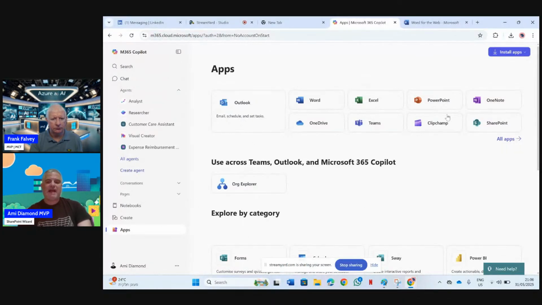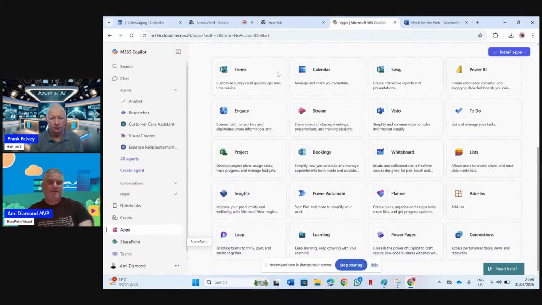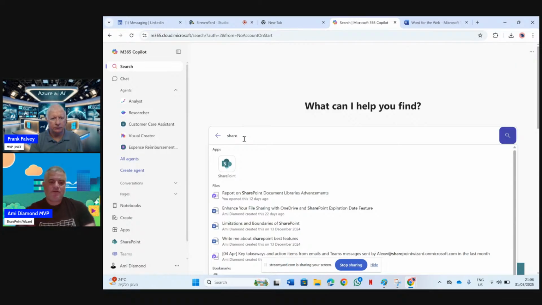If I go to the apps, I can say SharePoint will be pinned, and now it will remain here for the rest of the time until I unpin it. So I can pin, let's say, Teams. And as you can see here, there are additional apps. Let's say I want Forms. So it's added here. So instead of the app launcher, either we search here for it, or we pin it here, or search through the